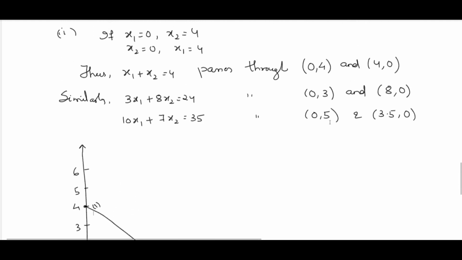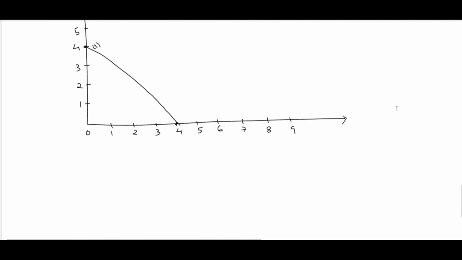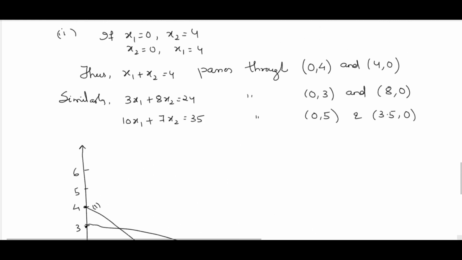Next is your (0, 3) and (8, 0). We have to join these two. Mine is not straight, but you can understand. Okay, so this is equation 2. Then the third one is your (0, 5) and